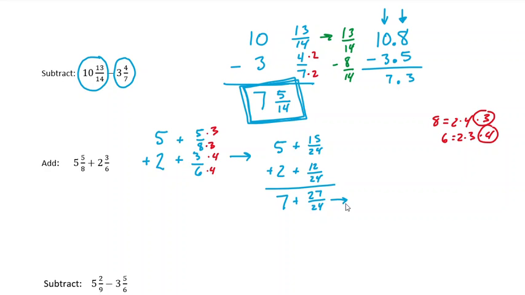So I'm going to have to rewrite this so that I can get the whole number part of my improper fraction combined with the whole number part that I already have here, 7. So this is going to be 7 plus 27 24ths. Well, there's 1 in 27 24ths with 3 24ths left over. And so 7 plus 1 is 8. And 3 24ths, and that can be reduced. I can think about it as divide by 3, top and bottom, or I can think 24 is 3 times 8. So 8 and 1/8